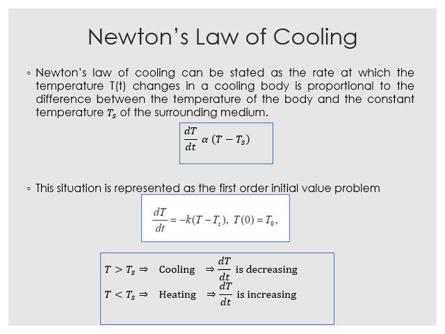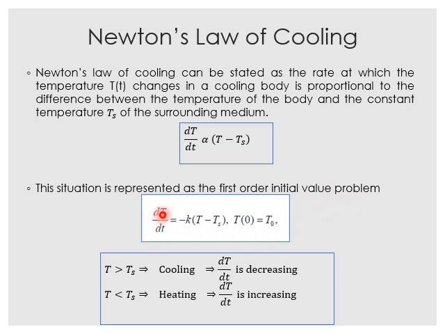So we can formulate it as this one, dT over dt, meaning the rate of change of the body temperature with respect to time is proportional to the difference between the body temperature minus the temperature of the surrounding. So from here we can represent it as the first order initial value problem,